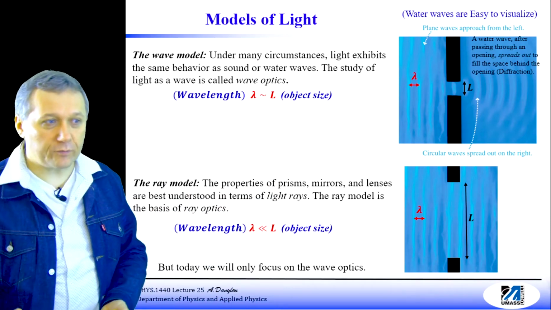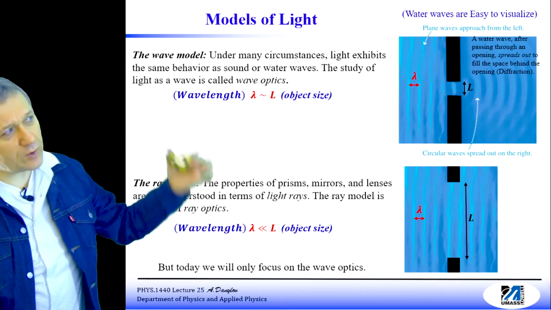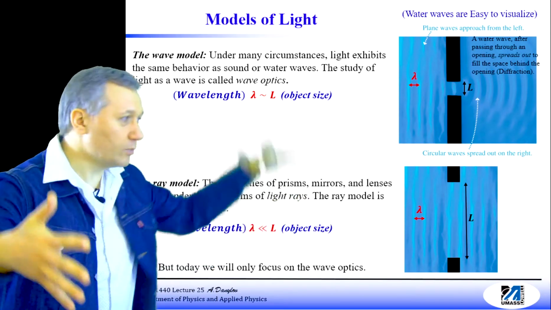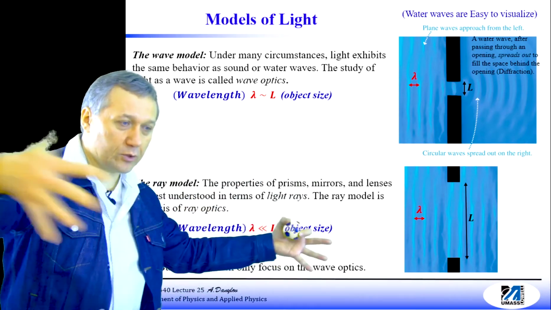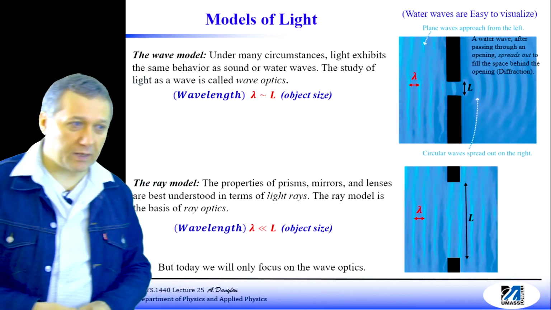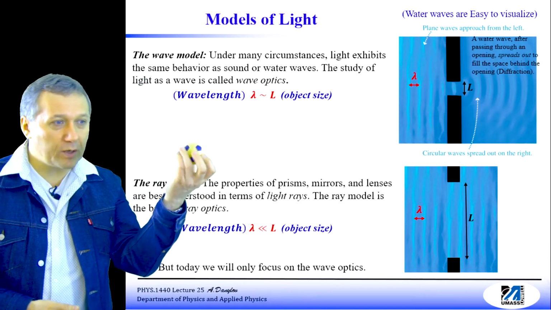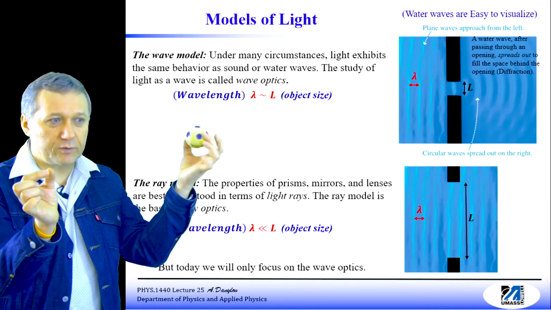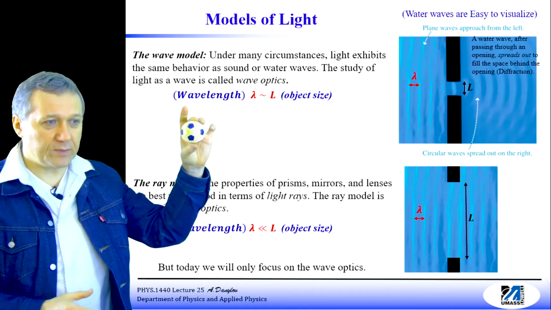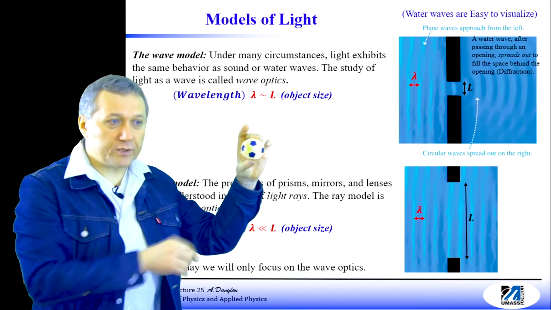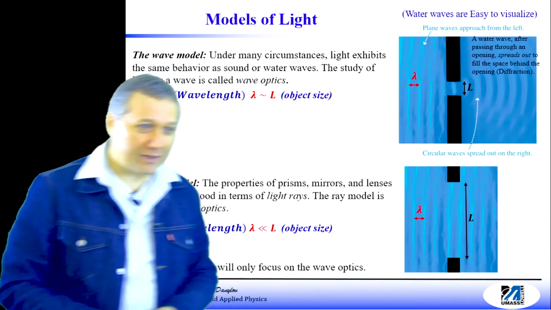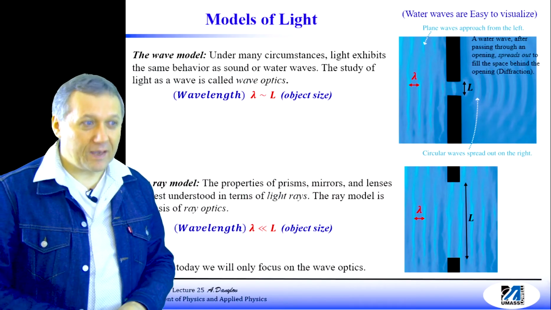And it's all visible light, right? So what's the wavelength of visible light? It's somewhere between 400 nanometers and 750 nanometers, blue light and red light, right? So pretty much the whole spectrum of visible light. And if you compare that wavelength, 500 nanometers, with the size of this object, which is like 5 centimeters in diameter, this object is gigantic relative to the wavelength of that light, right? And in this case,